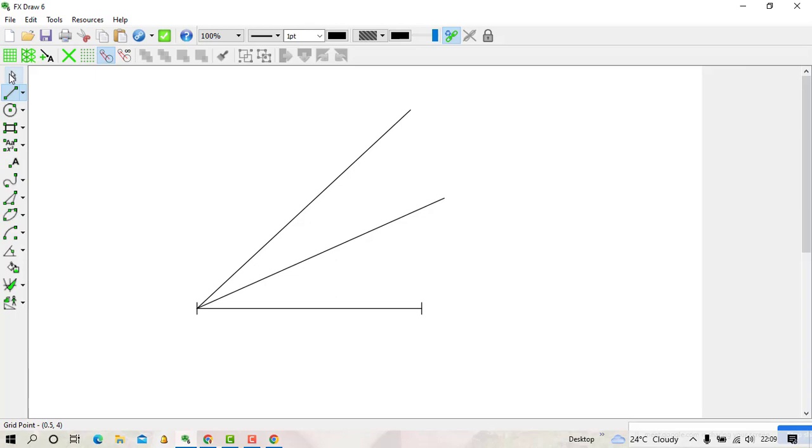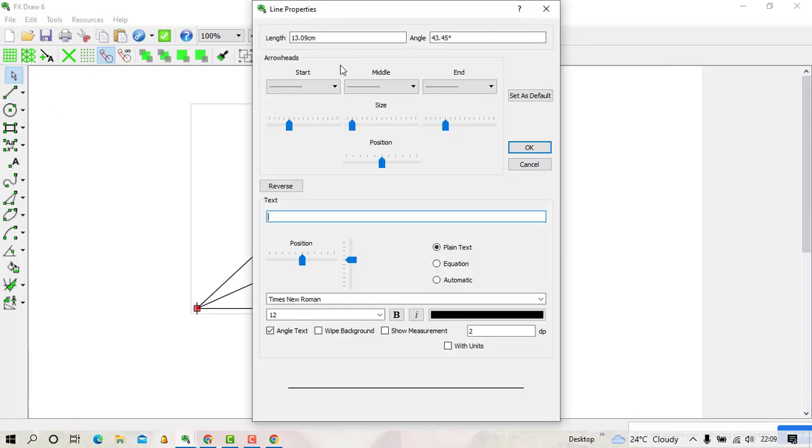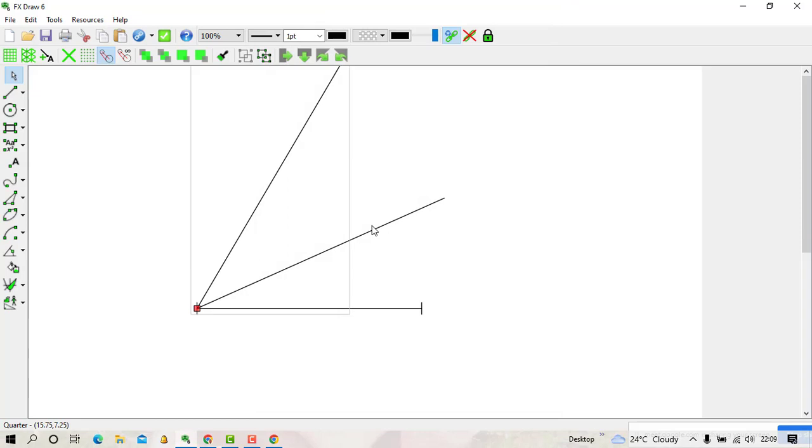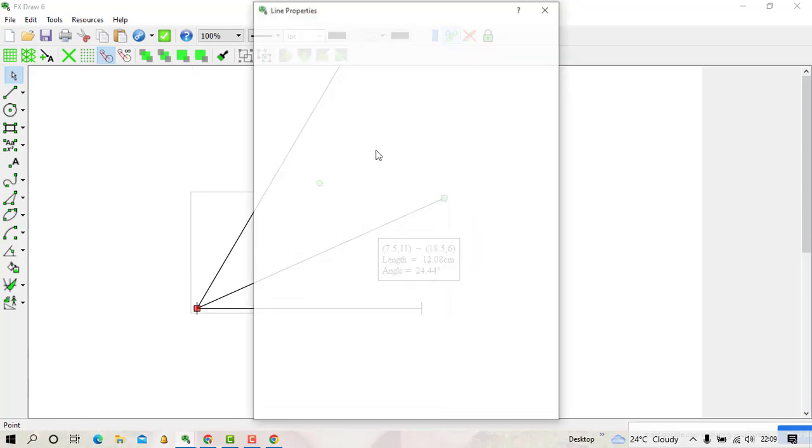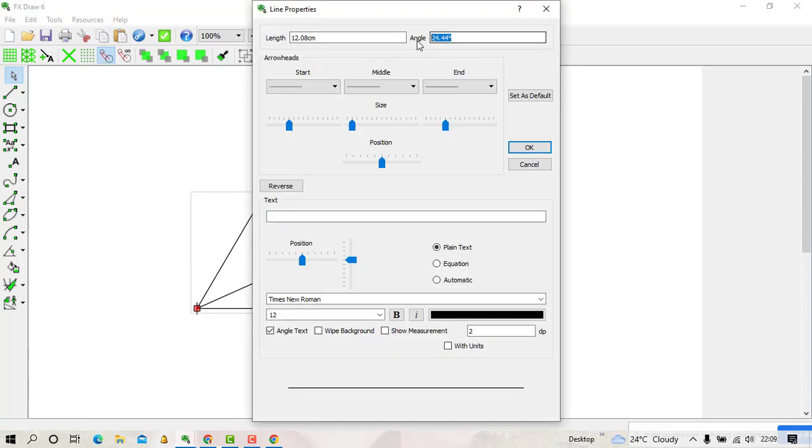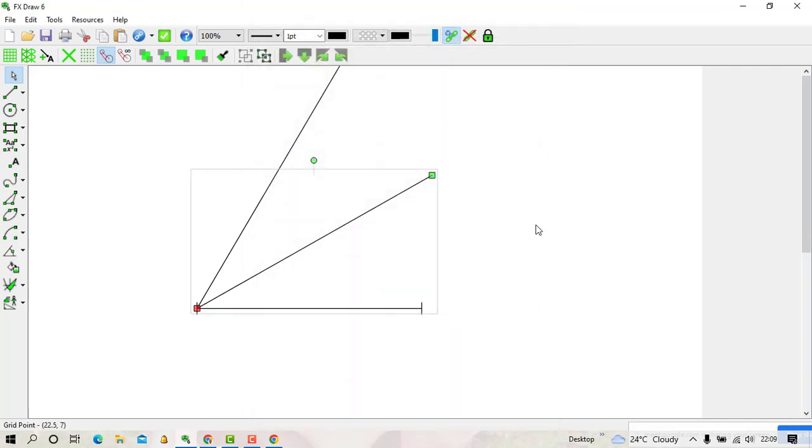So two lines are knitted. Then I go to the first one. What should its properties be? It should be 60 degrees, I press okay. What should the second one be? It should be 30 degrees, then I press okay. After I finish with these, the 60 is not the required angle.